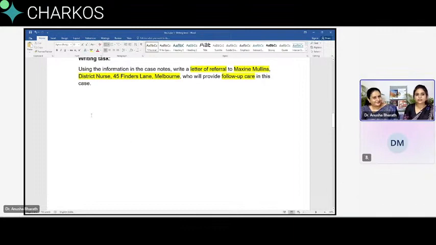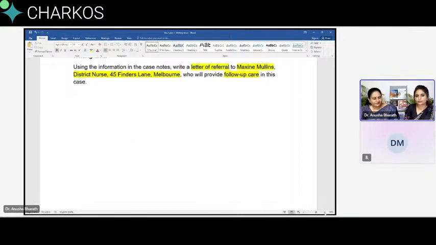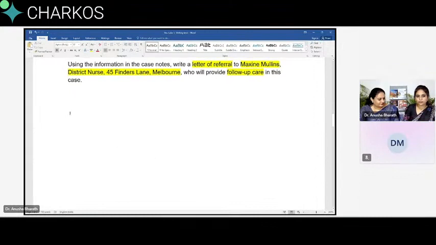Yes, I'll be typing it here. Please let us know if the screen is visible. So the discharge date is 24th November. We start off with 24th November